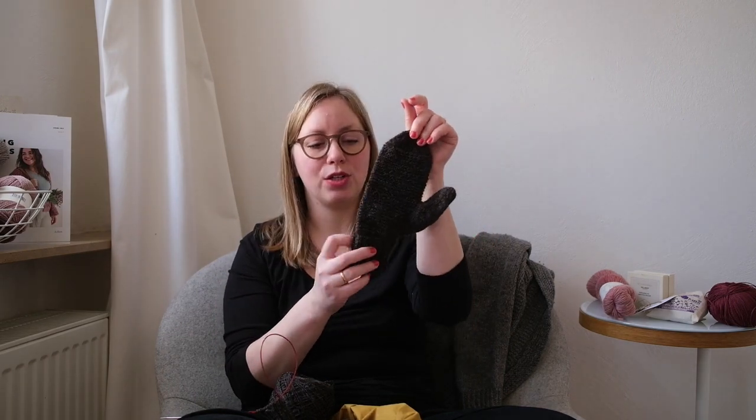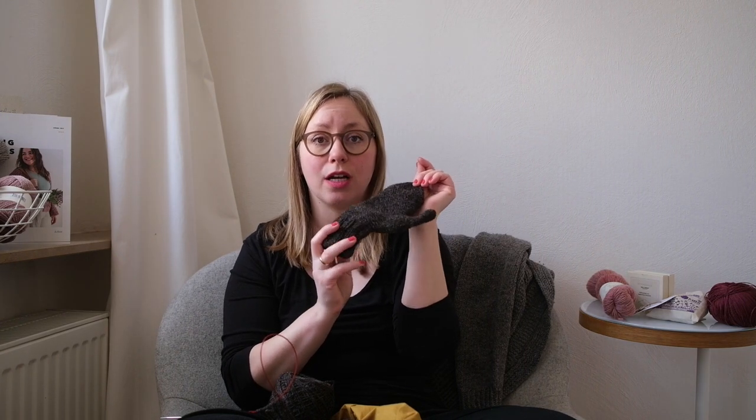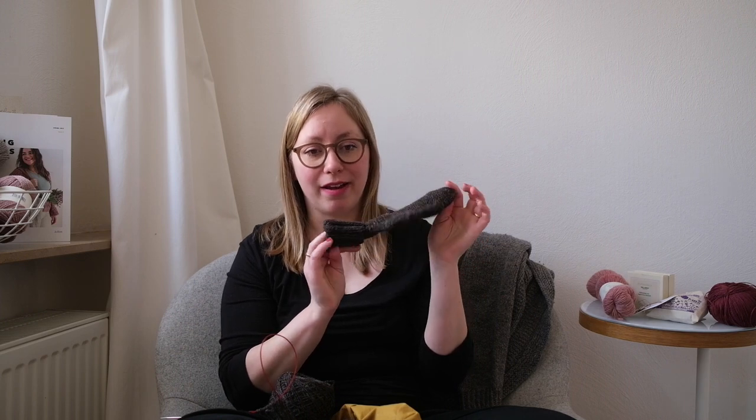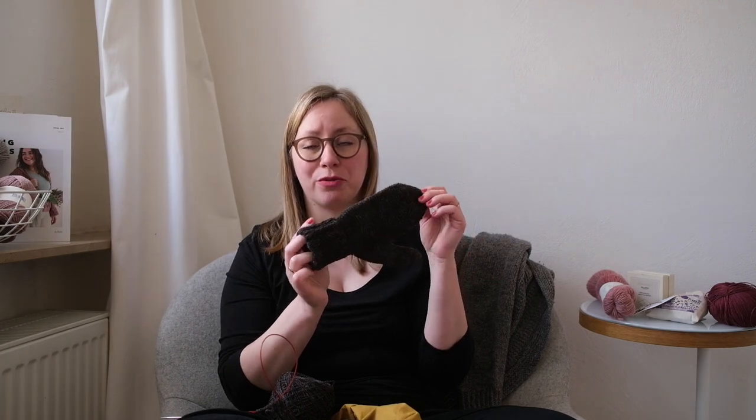I cast this on a Sunday morning. I basically finished the cuff, or most of the cuff, while I was watching Oren play with Legos. And then I had a lovely coffee date with a dear friend of mine who's also a knitter. And I just sped through the rest of the cuff and then looked at the pattern and was like, okay,